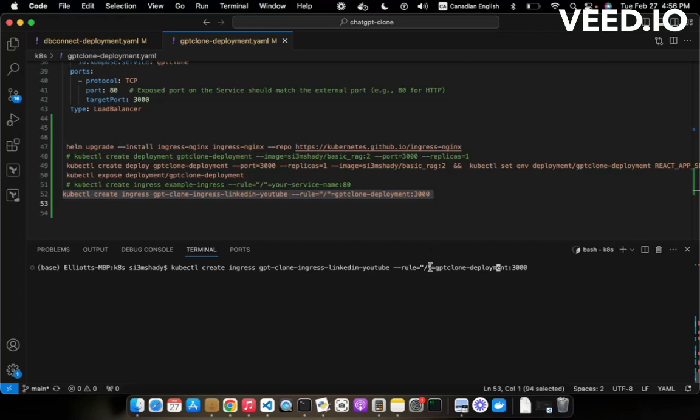So anything that hits this / is going to be routed to this GPT clone deployment service that I just spun up right here. Okay, so that's the GPT clone deployment service running on port 3000, which I just spun up. So that's what's going to happen right now. So you see, we have a rule that we have defined and the service that we've previously defined with that expose command. So now when I do kubectl get ingress,